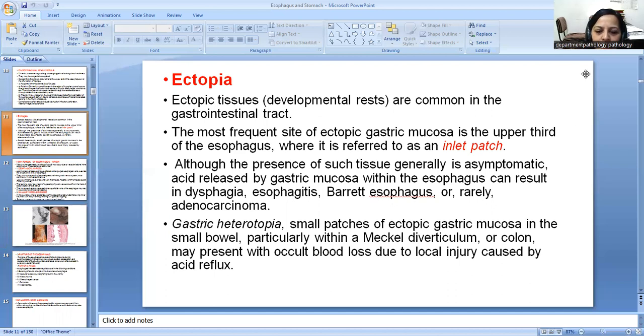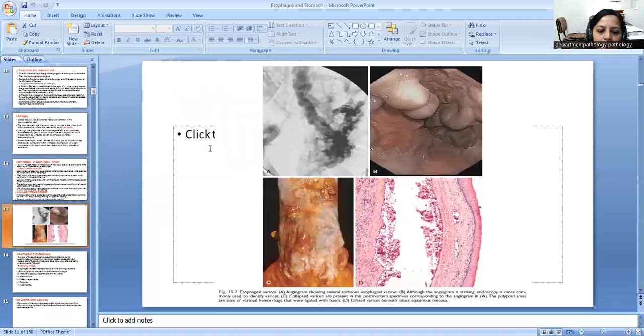Small patches of ectopic gastric mucosa in the small bowel, particularly within a Meckel diverticulum or colon, may present with occult blood loss due to local injury caused by acid reflux. So these are the